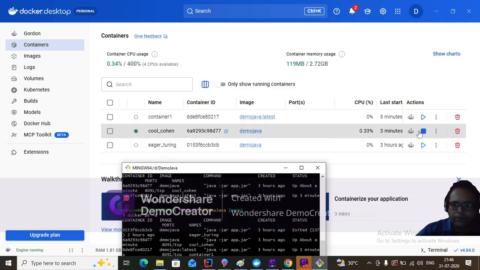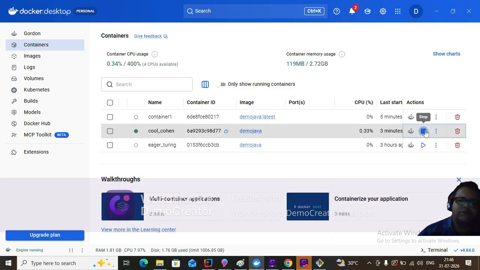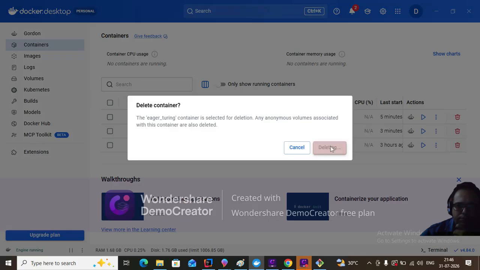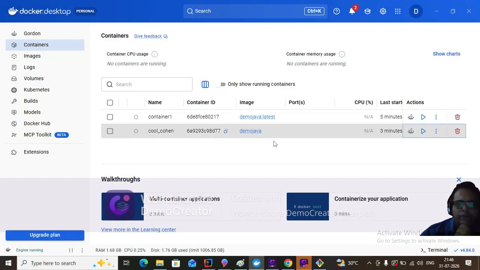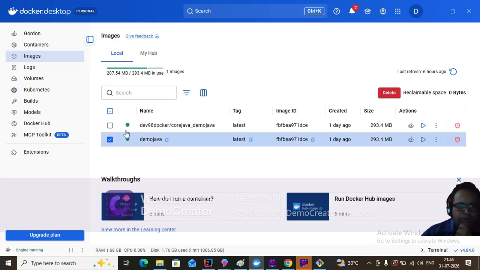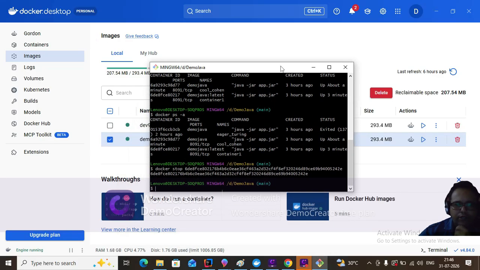I will stop here from Docker Desktop. Stop now. Okay, now I will delete. I have deleted one container. Okay, so now I will create the container for my image. Let's say this is my image, demo Java. So I will create Docker,